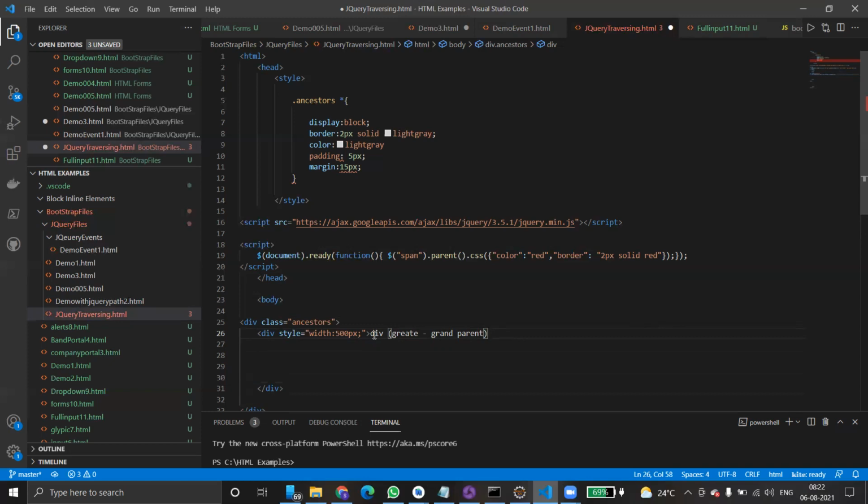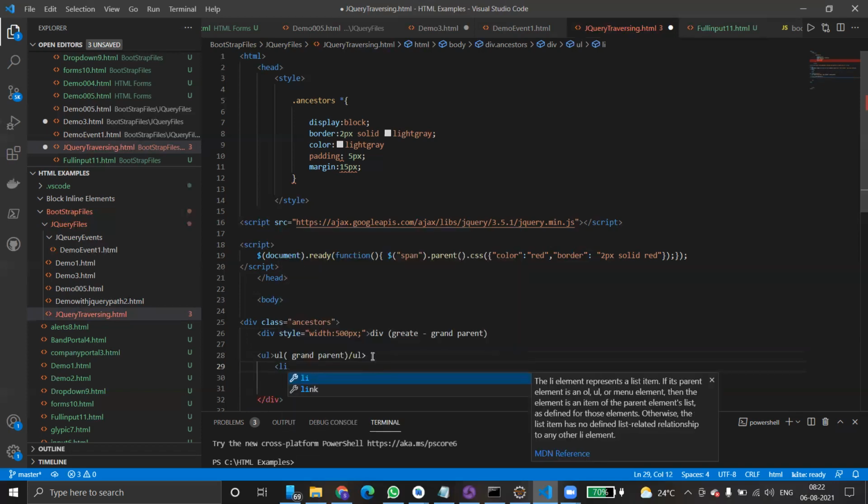Yeah, it is closed already. Div. I'm going to create another list, UL. Inside that UL, and then it is a grandparent. And then I'm going to create one more item called list item.